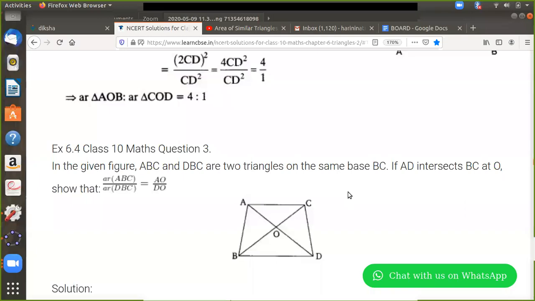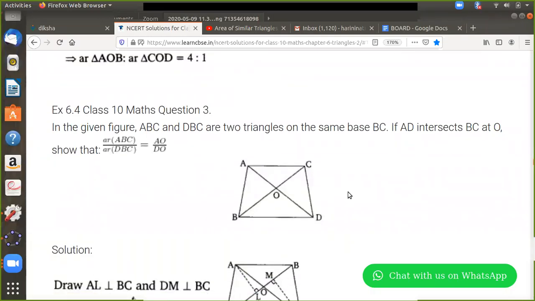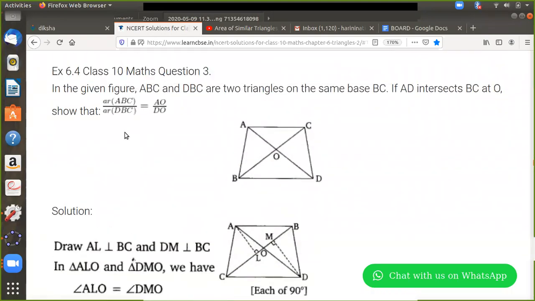Okay, I'll just show you this. So that's why I was talking about the construction, because they're talking about areas. Whenever you're talking about areas, remember you have to bring the areas. So to bring the area of a triangle, what should I do? I should simply draw the perpendicular. So that's the first step. Draw perpendiculars to BC from A and D. So your AL will be the first perpendicular that you've drawn from A to the base BC. And then the second perpendicular is DM, which you've drawn to the base BC again from D. So this is a construction that you have to do.